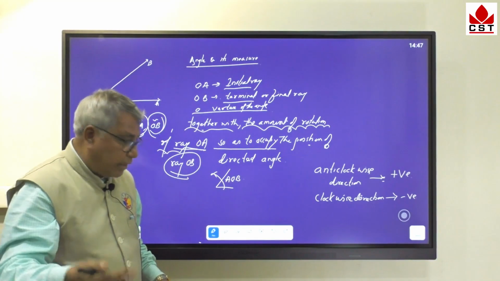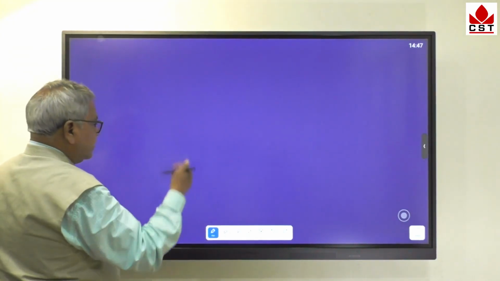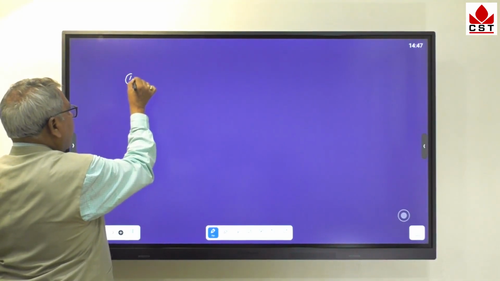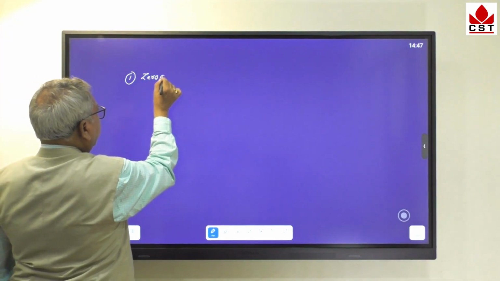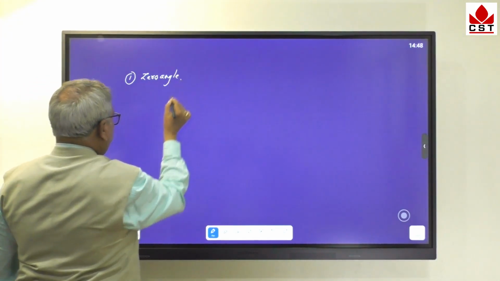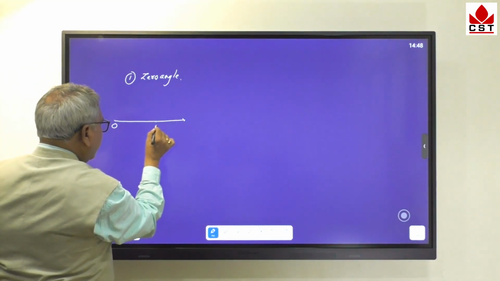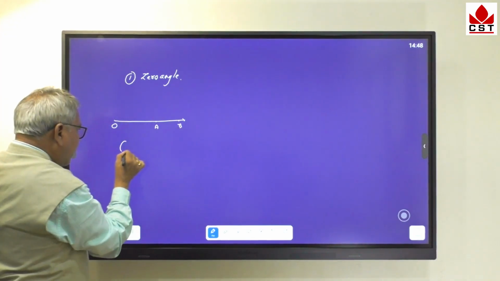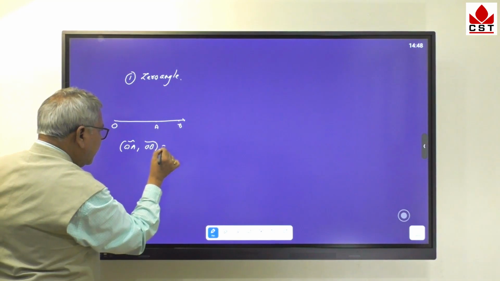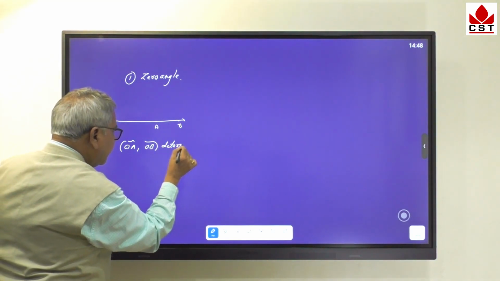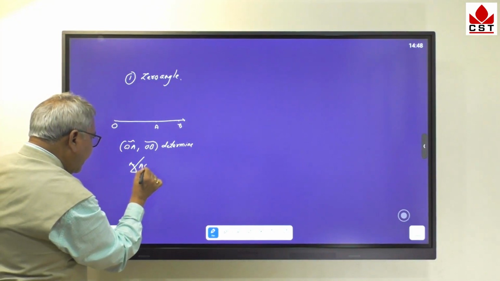Now we turn to types of angles. First is the zero angle. Listen. Here is ray OA, ray OB, determining directed angle AOB